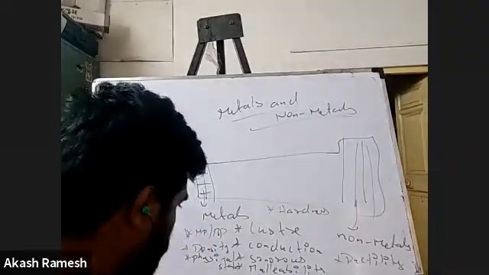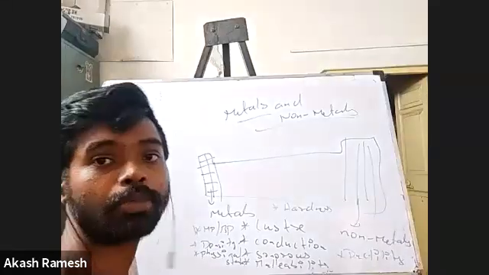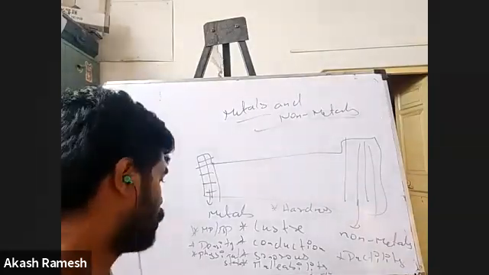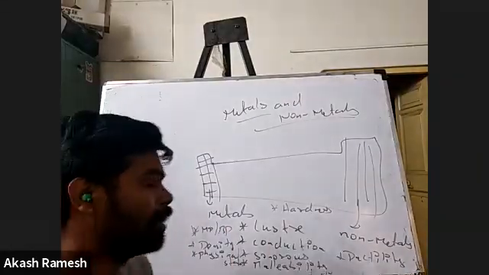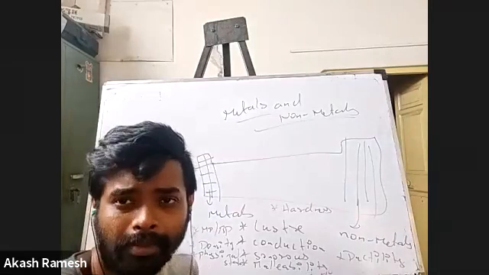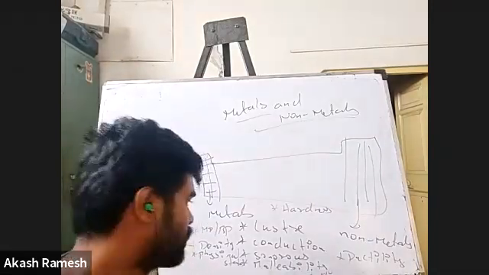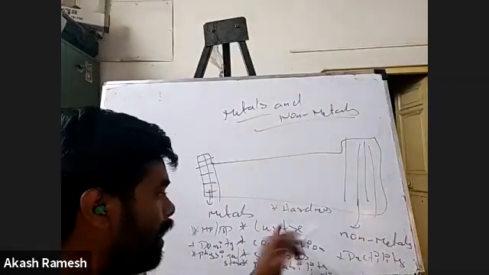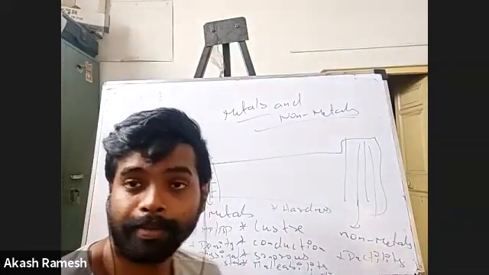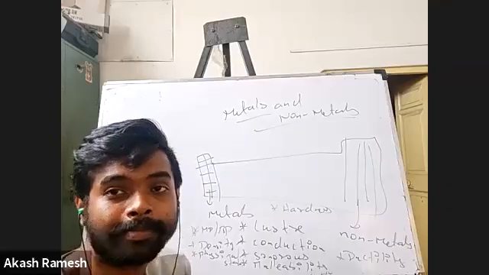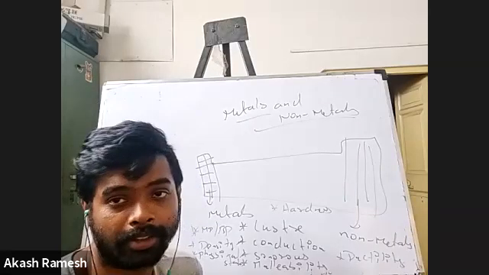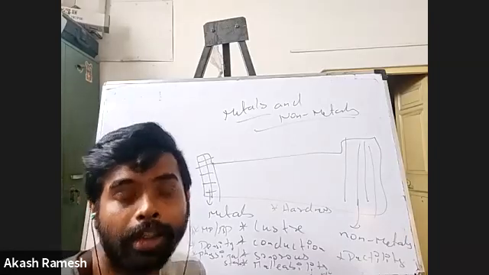Is there something wrong? Am I able to see the down part? Okay, cool. So these are all the differences in physical properties between metals and non-metals. For example, we'll speak about every one of them. Luster. What do you mean by luster? The shiny appearance. Gold, silver, all these things will have a very shiny appearance.